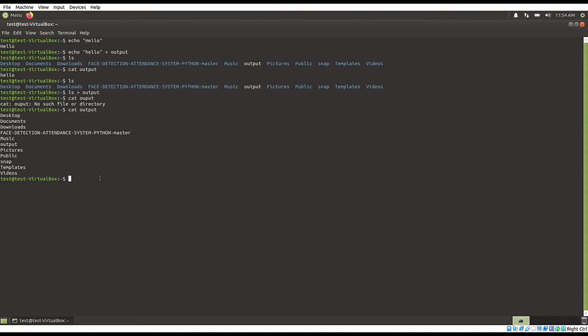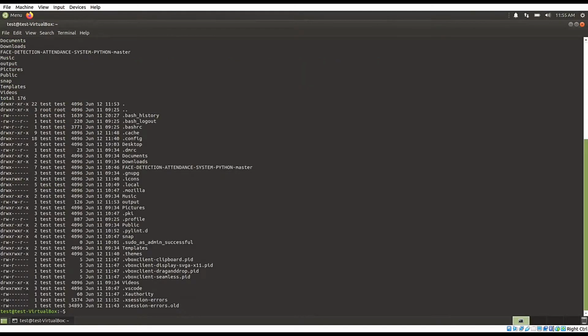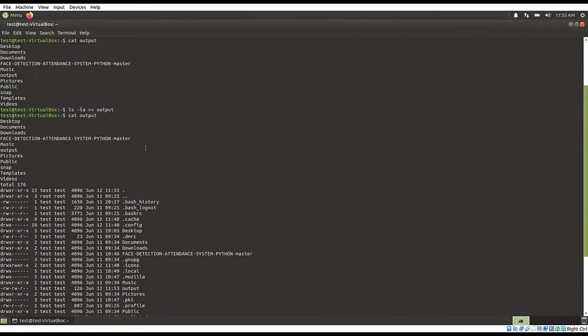Like I will use ls -la and 2 times the redirection symbol and then the file output. Enter. And if you see the content of the file, cat output, you can see it has the previous output as well as the new output. So if you don't want to override it, we can use the append symbol by using 2 times redirection.